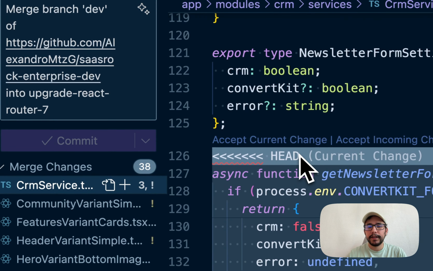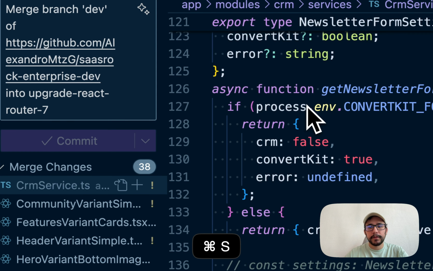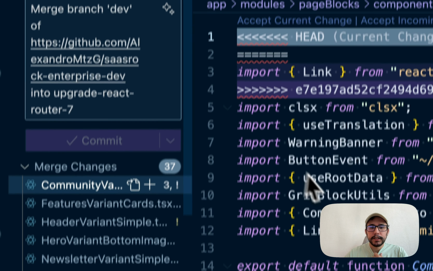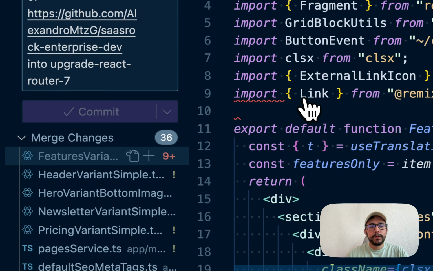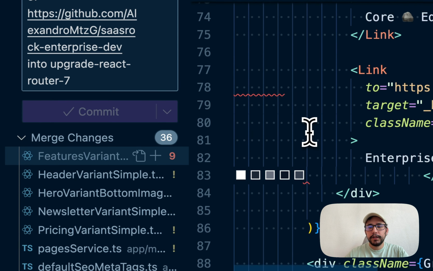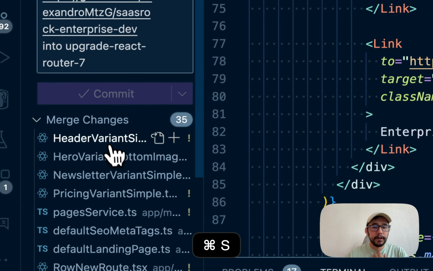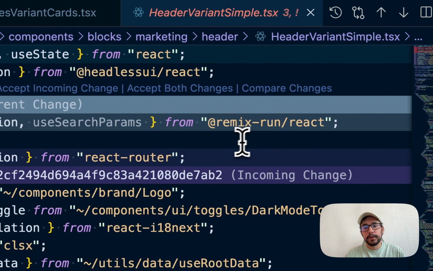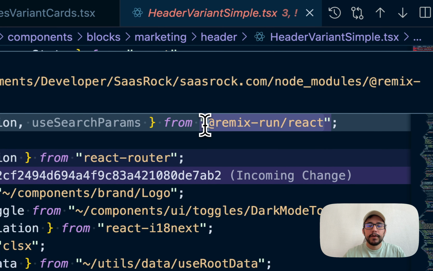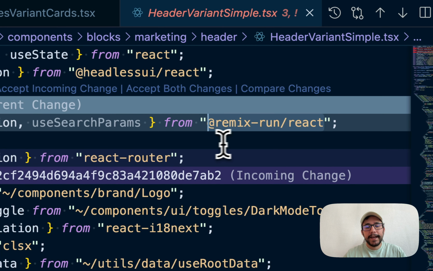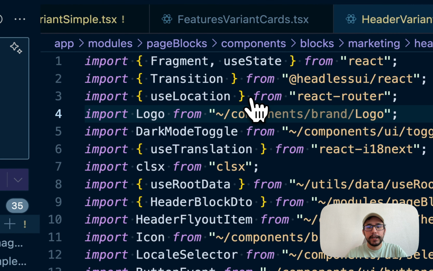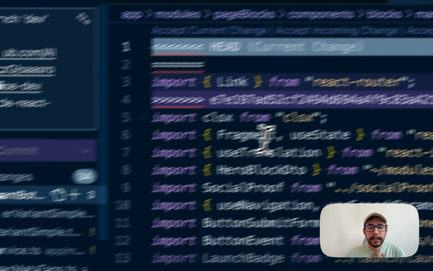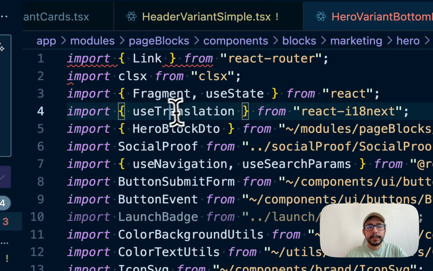The CRM, I already did some improvements for my branch. As you can see, everything is pretty easy with current change or incoming change, depending on if it changed, like in this one. It's changing from Remix run package to React router. So of course I need to accept the incoming change. So that's one's easy, incoming,